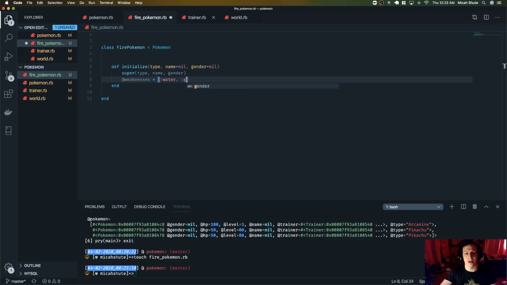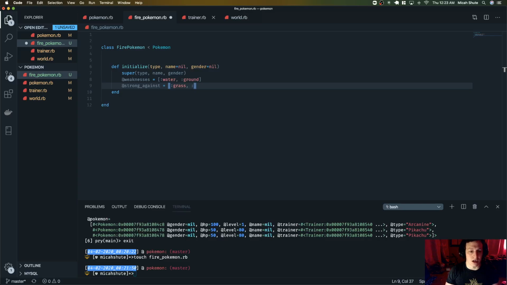Well, maybe ground, right? And strengths, or strong against, right? Stuff like this. So anyway, you see what I'm doing here. Now this will work just like a normal Pokemon, but it has more information, right? So strong against grass and